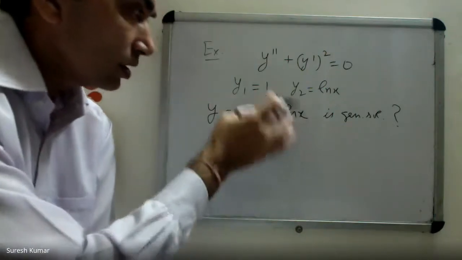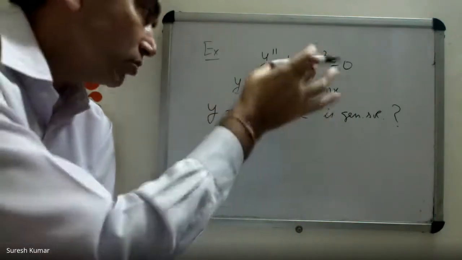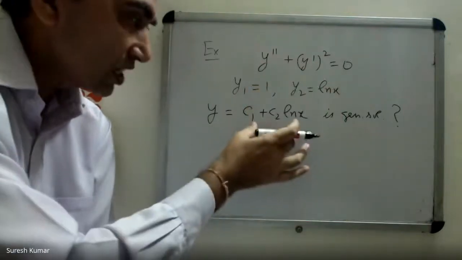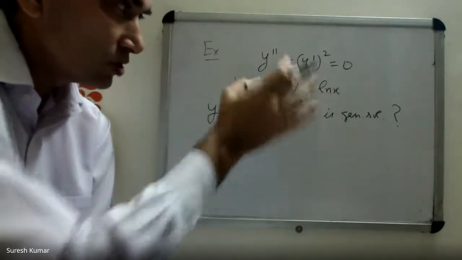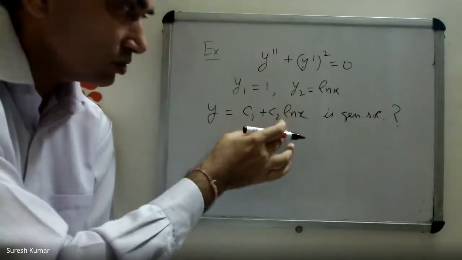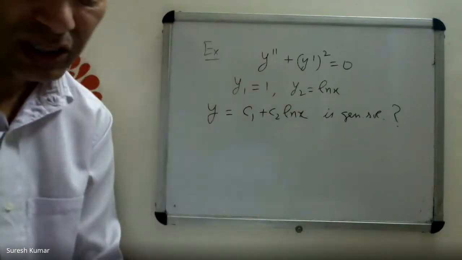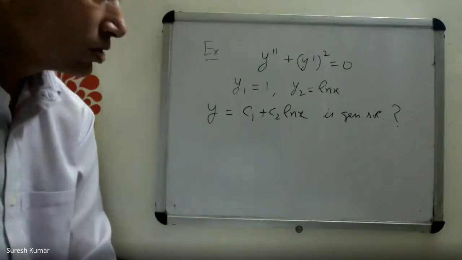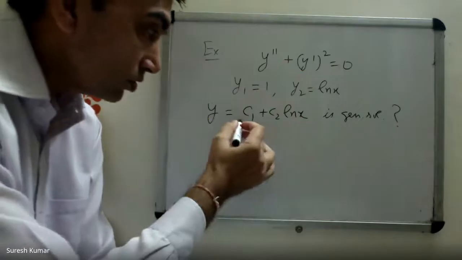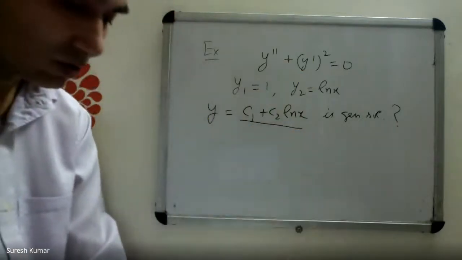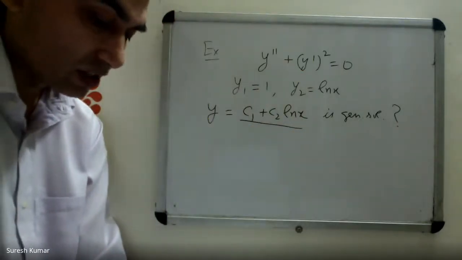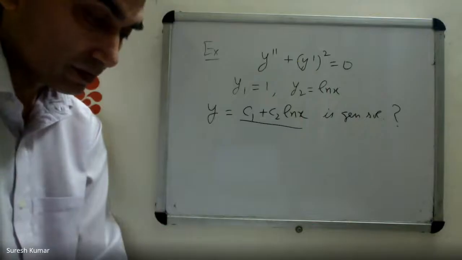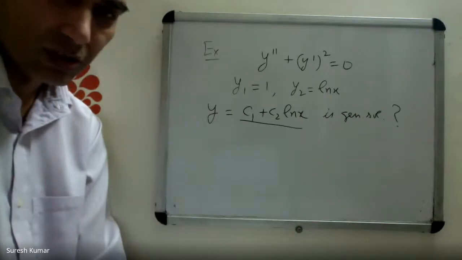Substitute this. These two are of course solutions. These two are independent also. Now I'm checking whether the linear combination is also a solution. If linear combination is also a solution, it would be general solution because it carries two arbitrary constants. Sir, it is not satisfying. Not satisfying. It means it is not a solution. Why? What are we missing here? That's the final question in this problem.